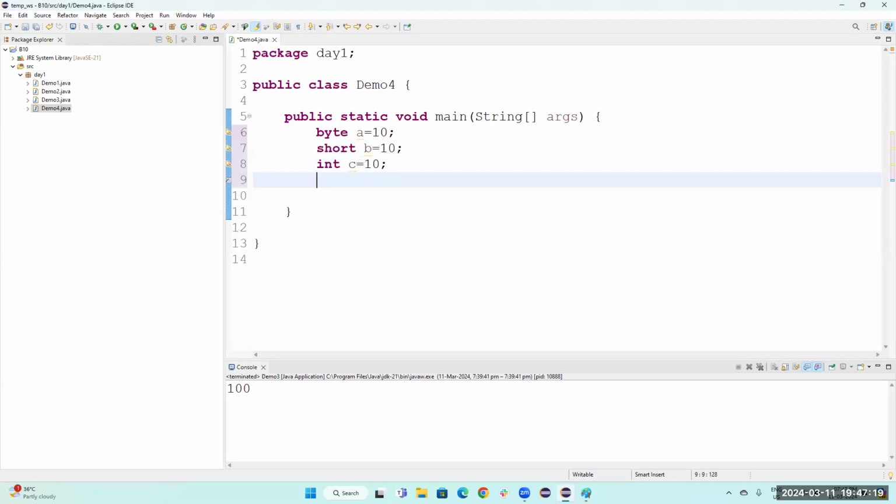Okay, then we have long d is equal to 10. You don't see any difference. Everything looks one and the same, isn't it? Yes, sir. What makes the difference is,